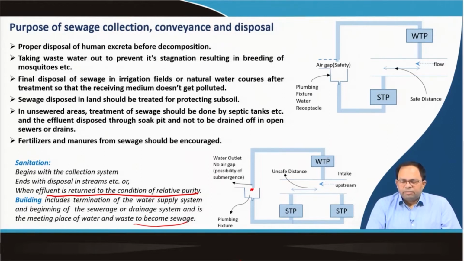But as you can see over here, we have a water treatment plant. If we take it somewhere over here and we have a STP, then maybe this distance in between the STP and the WTP is not adequate, and we will be getting raw water, or impure water, into our WTP, which may be difficult to treat, right. So, instead we should create an adequate gap between our STP and WTP, so that there are no issues, and that means there is no STP upstream, and we are able to take the water. We should also maintain an air gap between the water supply and the waste system.